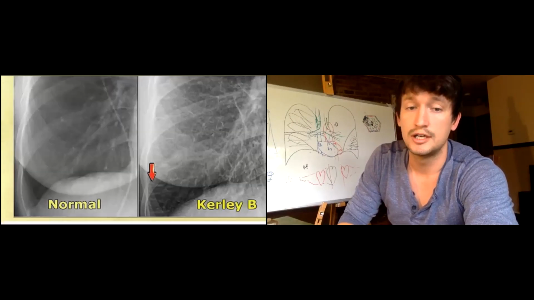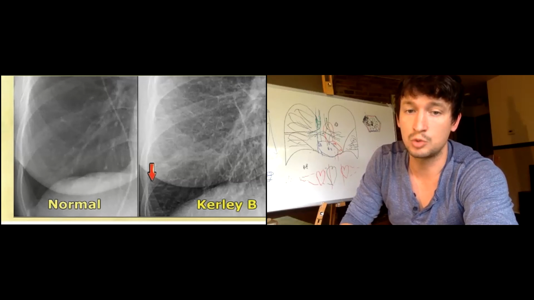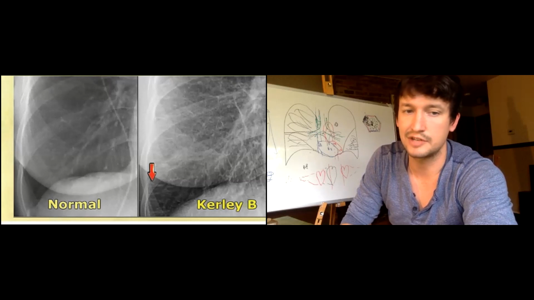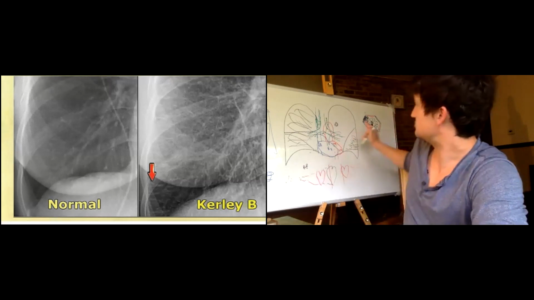Wow, that is a way better view of those curly B lines. Notice the normal radiograph. You shouldn't see really any pulmonary vascular markings about, I think it's like 2 centimeters out from the edge. Notice these vascular markings go all the way to the edge. Curly B lines, secondary